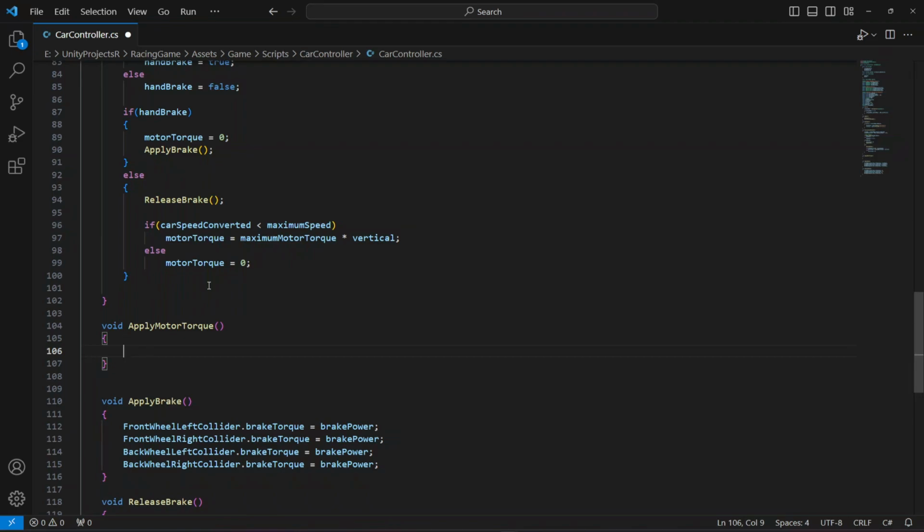So if it is the front wheel drive, then we're gonna apply the motor torque, or you can say the movement, just to the front wheels. And if it is a rear wheel drive, then to the back wheels we're gonna apply motor torque. And if it is four wheel drive, then all of the wheels will have motor torque. Okay,